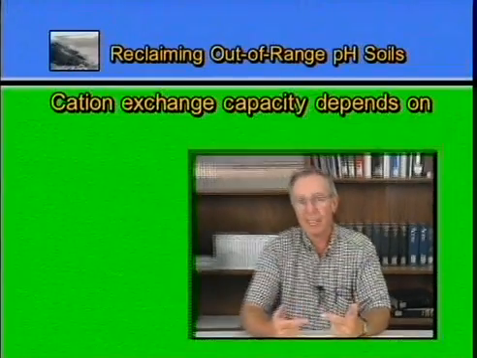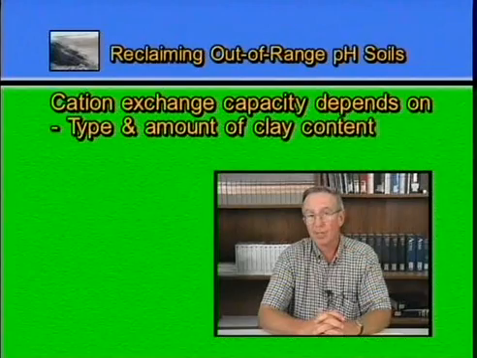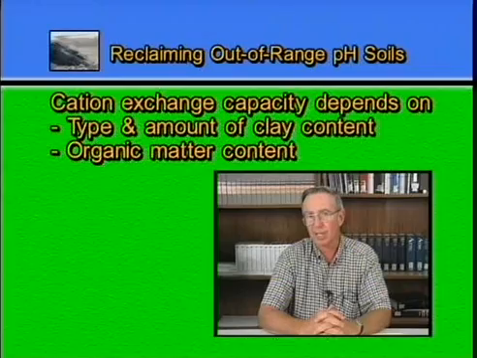Now, what contributes significantly to that soil's cation exchange capacity? Type and amount of clay and/or organic matter content greatly influence the cation exchange capacity of the soil. So when we look at this from a field soils or application standpoint, we would expect soils that have appreciable amounts of clay, especially 2-to-1 expanding types of clays, and/or appreciable amounts of organic matter, are going to be much more highly buffered. In other words, they are going to be able to resist changes in pH much more